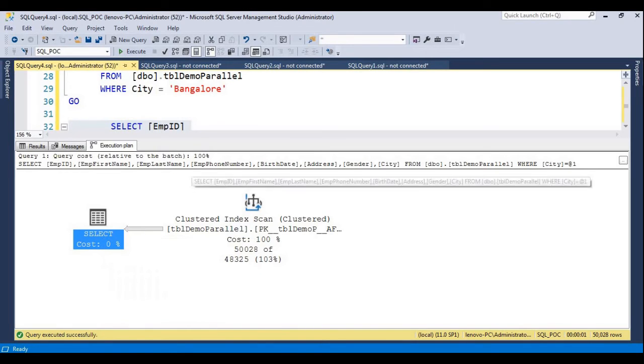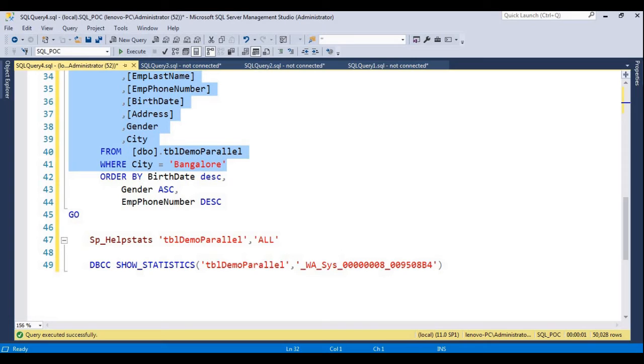Now we'll try to verify the statistics for this column, the city column. If you want to find all the statistics for any table, we need to use sp_helpstats. By giving the table name as well as all, we'll find all the statistics for this table.